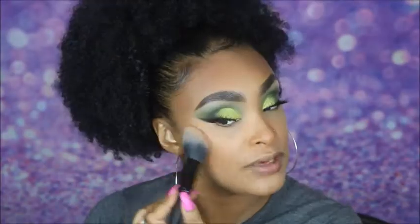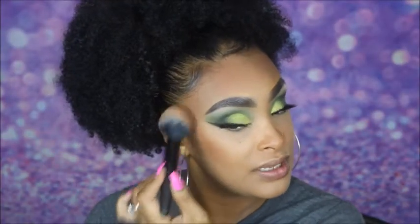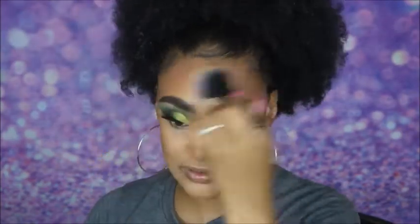Oh wow. If you can't find a good color for yourself in the bronzers, check out Always Spicy, this blush, because this is beautiful. This is not a blush. This is a bronzer. It would be a blush if you are extremely deep skinned. This is amazing. Oh wow, this is really pretty. This is amazing. So now I'm going to go ahead and use Always Peachy as a blush, and I'm going